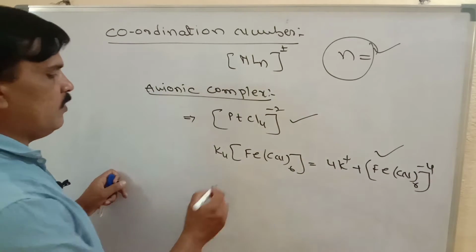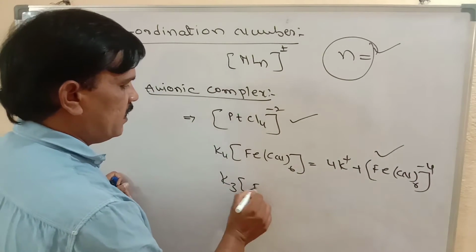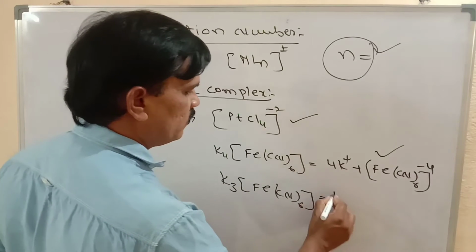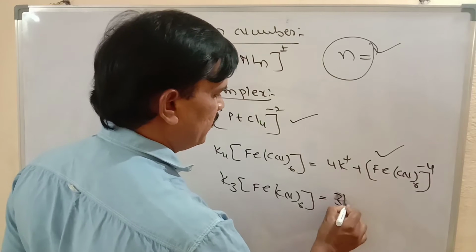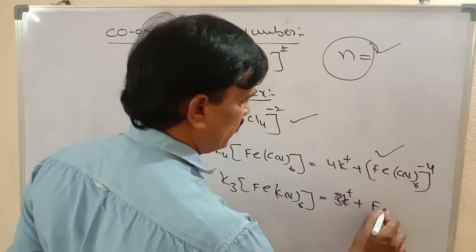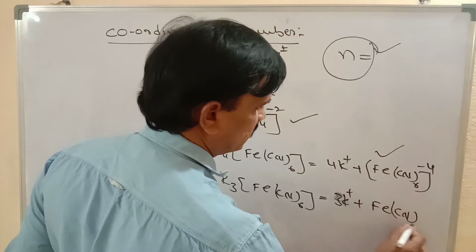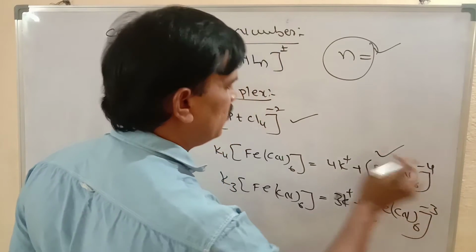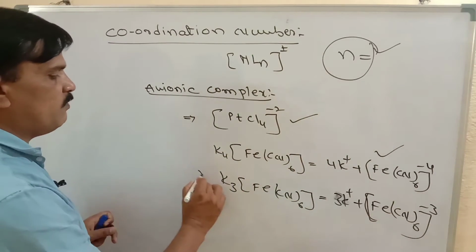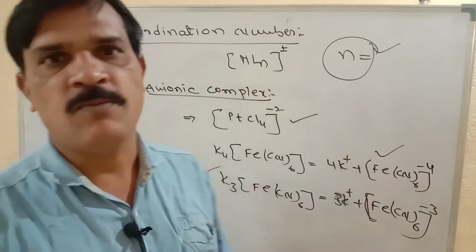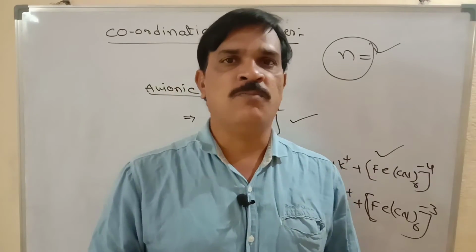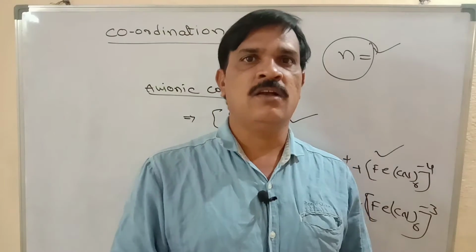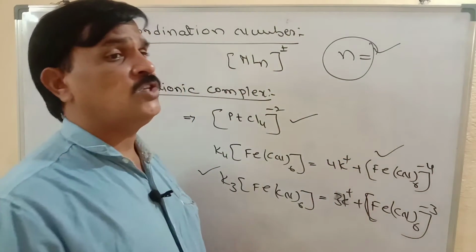K3[Fe(CN)6]. This is also which type of complex compound? 3K+ plus [Fe(CN)6]3-, whose entity acquires a negative charge. Anions, so this type of complex compound is known as an anionic complex compound. In a given complex compound, if there is a positive charge, it is cationic, or write its dissociation form.